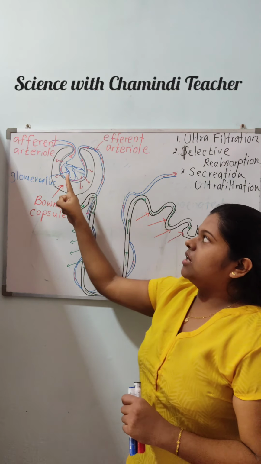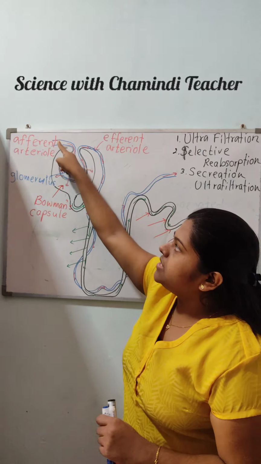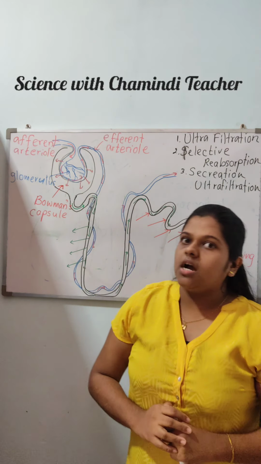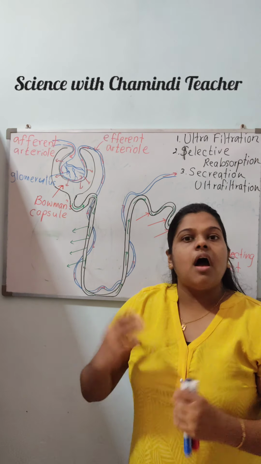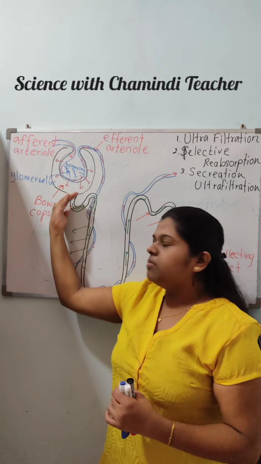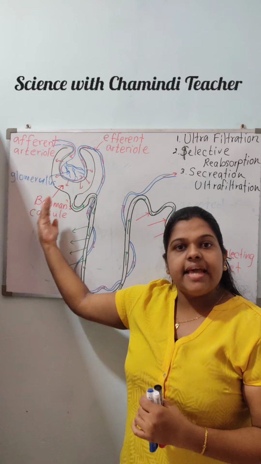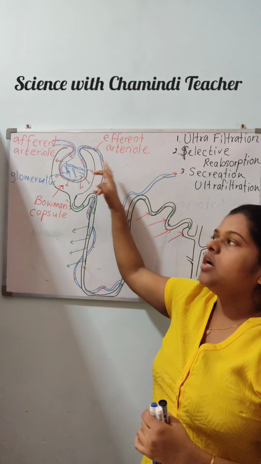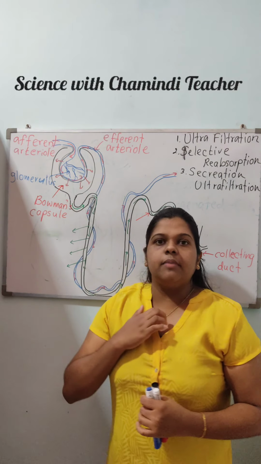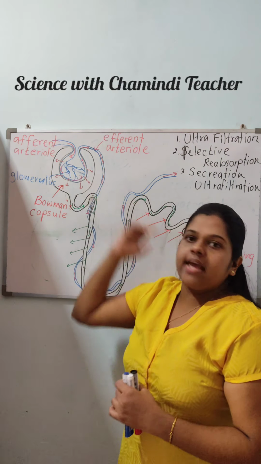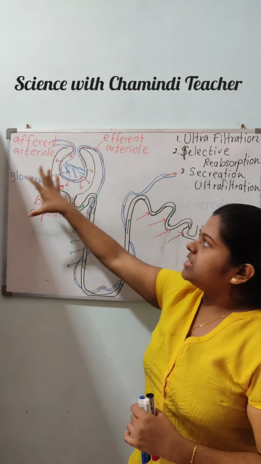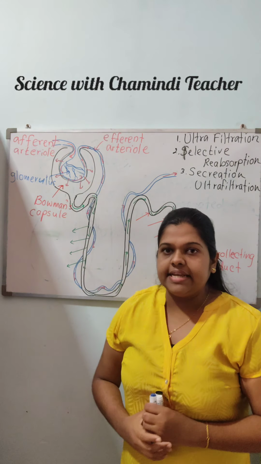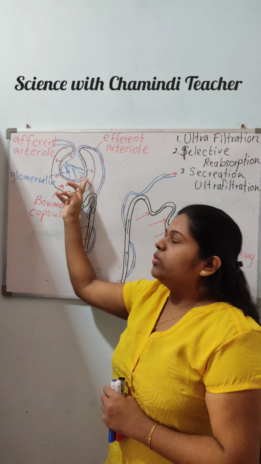The diameter of the afferent arteriole is larger than the diameter of the efferent arteriole. Because of that, a high amount of blood flows into the Bowman's capsule, but at that speed it can't move out, as the outlet's diameter is small. So the blood has a long time to wait in the Bowman's capsule. Then the afferent and efferent arterioles divide into small capillaries and form the glomerulus.